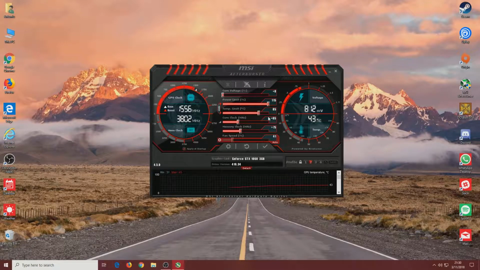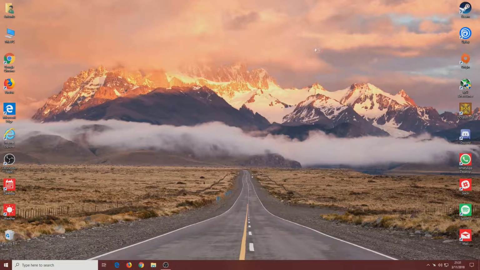CSGO doesn't really like very high core counts, so I actually got multiple profiles going, and the one I use in CS is this one with an extra 65 megahertz on the core. That actually helps. And now let's go straight to OBS and show you the settings you want to use